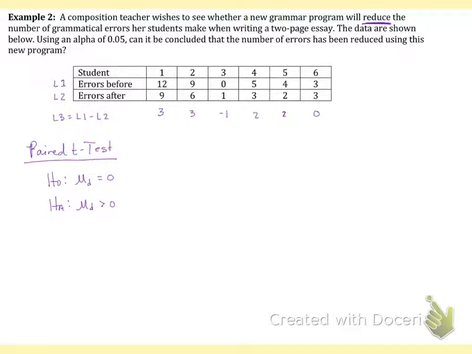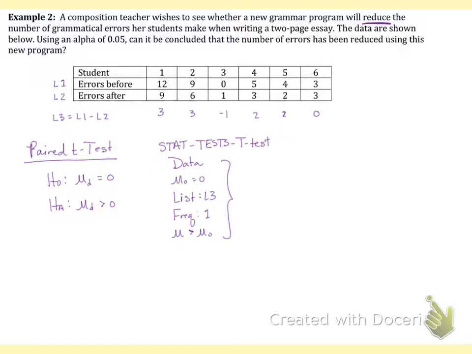So then we're going to go to stat, tests, and we're choosing a regular t-test. We have data. The mu sub 0 is going to be 0. Our list is L3. The frequency is 1. And we are looking to see if mu is greater than 0. And when we calculate this,